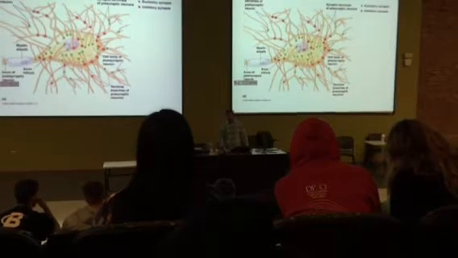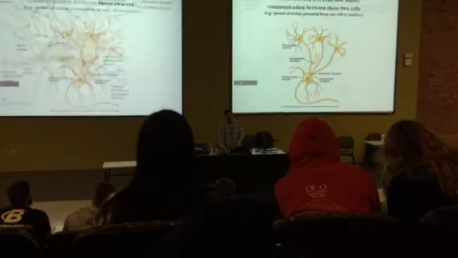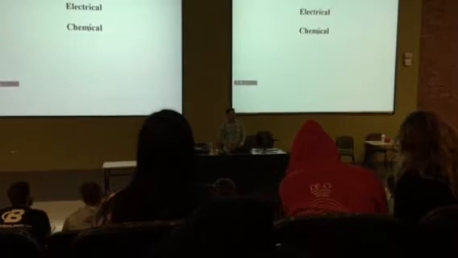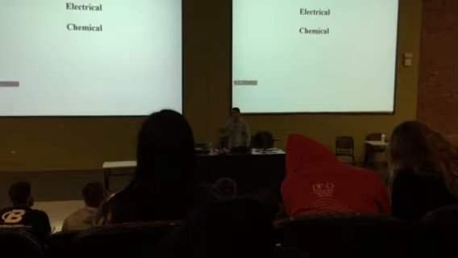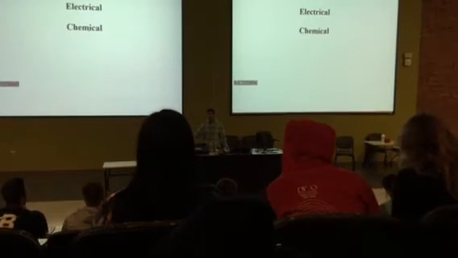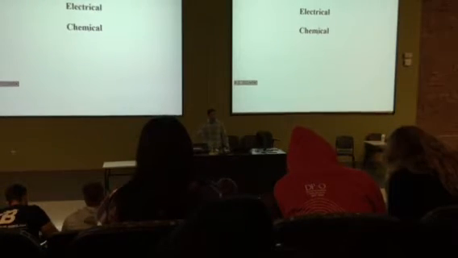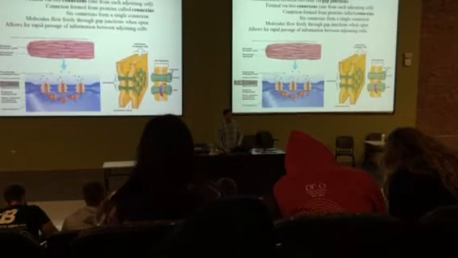So what are we going to do? We're going to see the two kinds of synapses that we have. We have electrical synapses and we have chemical synapses. And we're going to just tackle them one at a time. All right? Regardless, they're both synapses. The synapse is just a junction that allows communication between two cells that you guys already know. So let's take electrical synapses first.